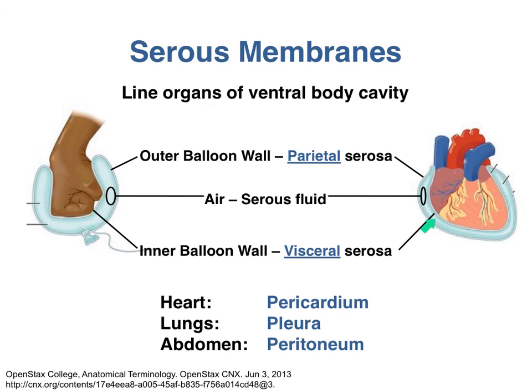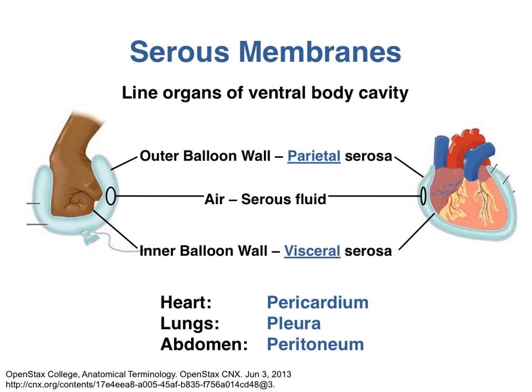And in between these two, you have a lubricating fluid called serous fluid. It acts like a lubricant, surrounds organs like your heart and lungs and your intestines, so that these organs can move in basically a frictionless environment. The serous fluid allows them to expand and contract or to shift around a bit without generating friction and generating heat that might be damaging or that might require extra energy for movement.